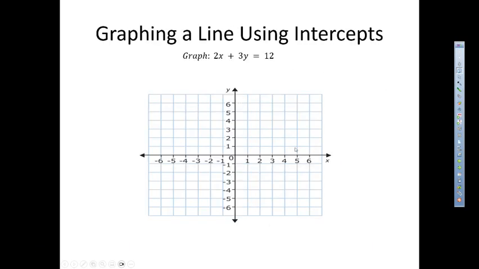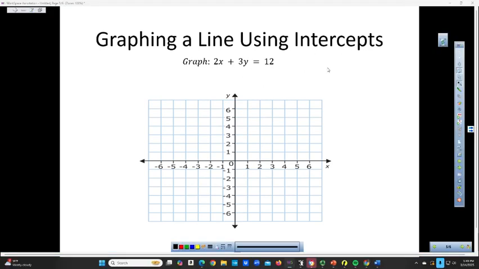All right. So now we need to graph a line given this equation. There's a couple of different ways we can do this. We're asked to graph it by using the intercepts. Okay, so we're going to stick with that way. So to find the intercepts,